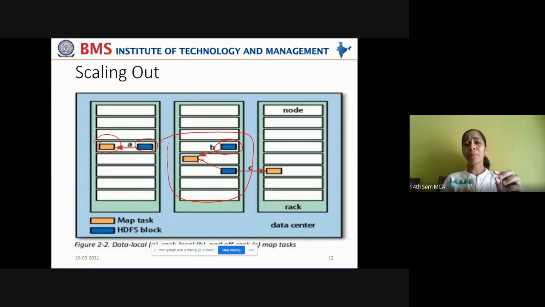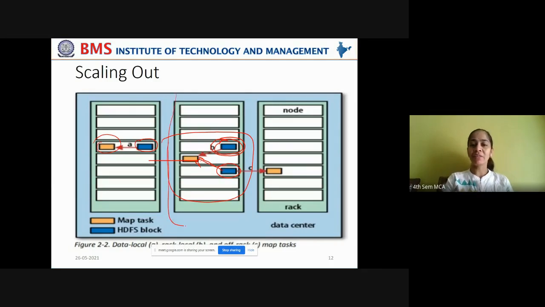Now, remember, we are not transferring the data, we are trying to transfer the computation, right? We are trying to transfer the computation from one data node to another data node, where the data actually resides. Now, this node is being assigned to this map job. Say that node is not free, it is running other map jobs. In such cases, it will locate another data node that is free of map jobs to execute the task on a different rack, right? These are all racks.